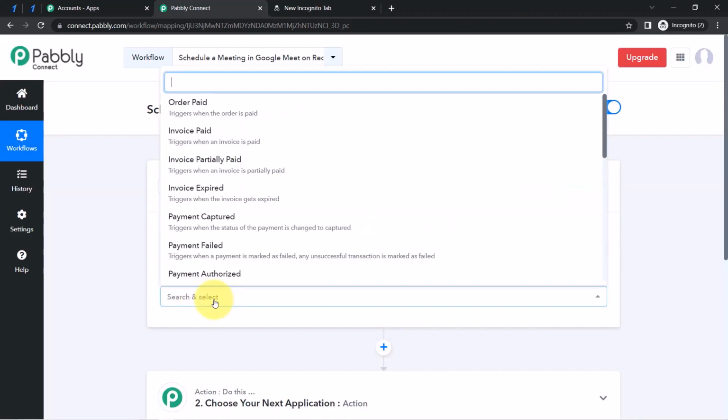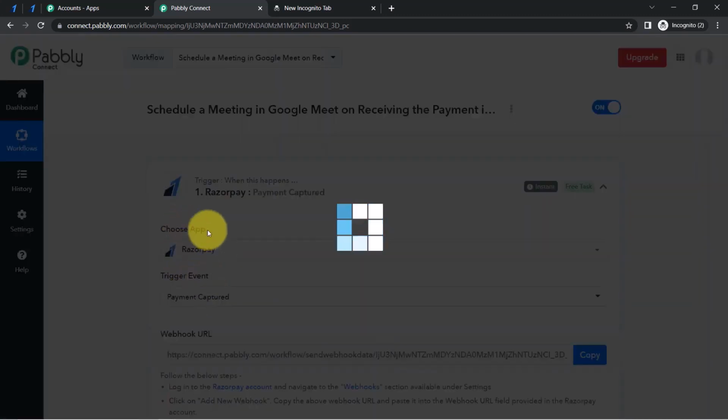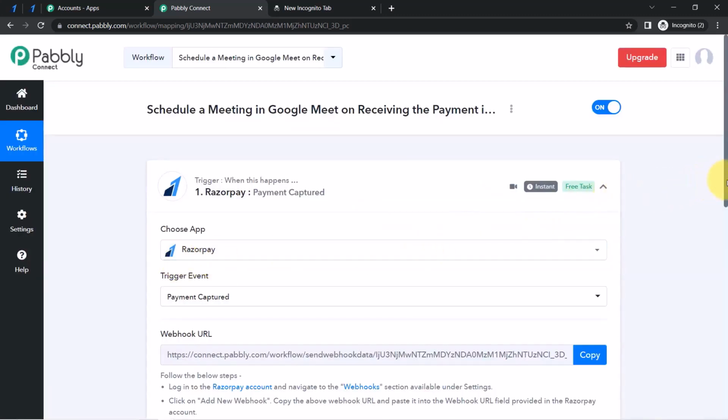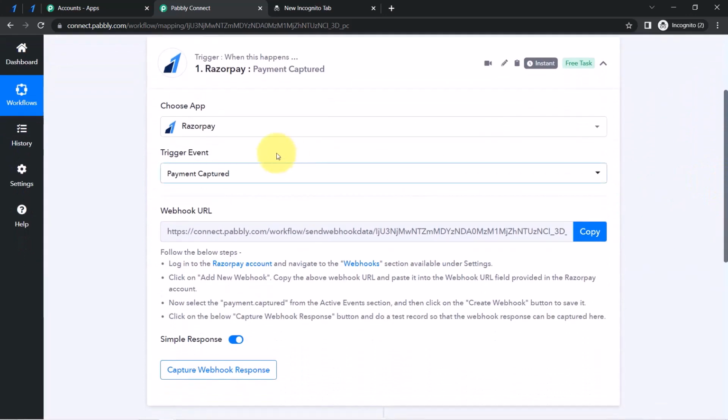So that is why I have chosen the first application as Razorpay, and I want that whenever the payment is captured in Razorpay, this automation should start to trigger. So that is why I have selected this particular trigger event. Now, after selecting these two things here, you can see a webhook URL and a few sets of